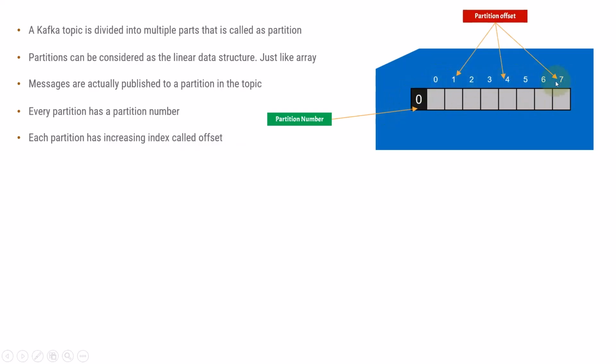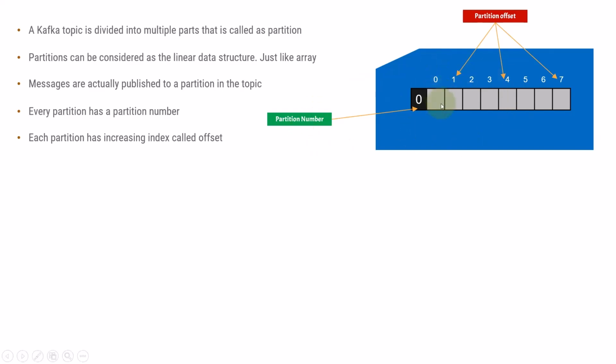It will have its own index, that is 0, 1, 2, 3, 4, and it will go up to long, which means it's up to the requirement, how much data is stored, what is the size of the data, and other things. So this index is called the partition offset. You need to understand this terminology regarding the Kafka topic and Kafka partition, which will help you later on.